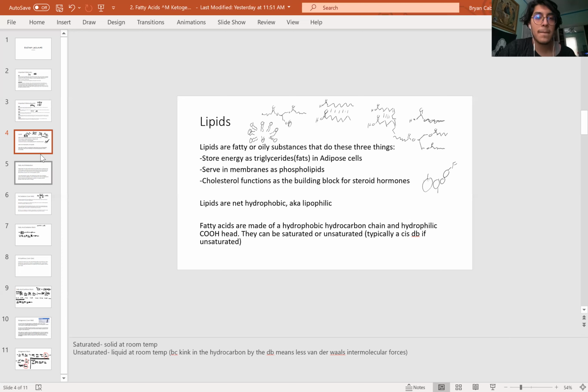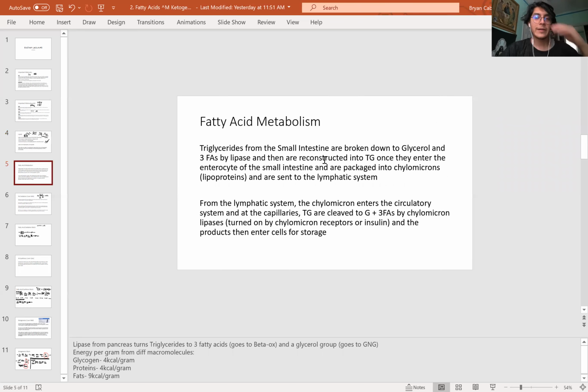Any questions so far? We're about to get into the biochemical metabolic part. All right, so just to kind of like summarize what happens during